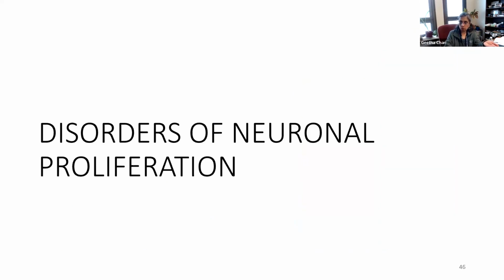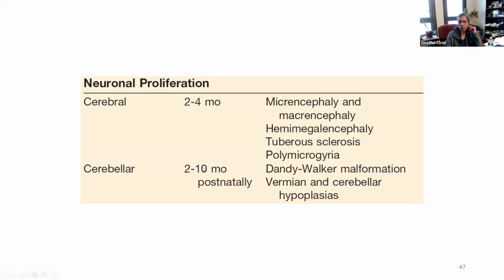So what are the disorders of neuronal proliferation that you see? The grossest ones that you see when you involve the cerebral hemispheres are microencephaly or microcephaly and macrocephaly. And if it is asymmetric, then you can end up having what's called hemimegalencephaly, with one of the cerebral hemispheres affected worse than the other. You can also get polymacrogyria. And if it affects the cerebellar structures, you can develop Dandy-Walker malformations